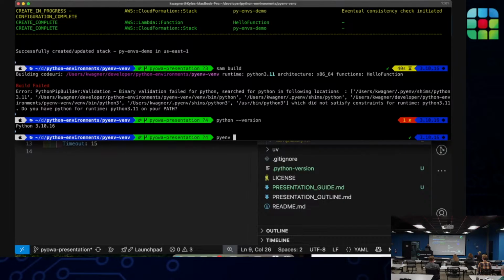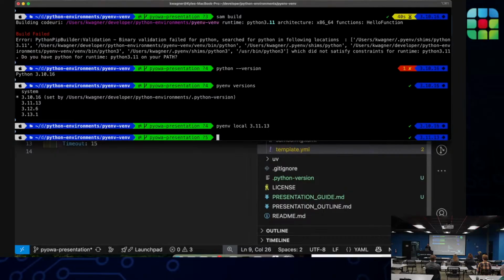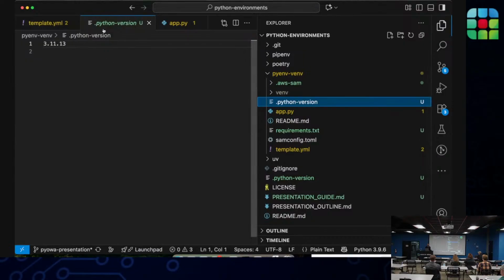So I imagine you can see where this is going. If we can set the version of Python for this specific project to what we need it to be. So let's do pyenv versions, take a look at the versions that are available on the system. So the build error said 3.11 is what we need. It doesn't specify a patch version, so we can use any. So we'll just go ahead and use this one that's available. So pyenv local, and pass it that version. And going back to the project, we can see that the Python version file was created. So that's nice.